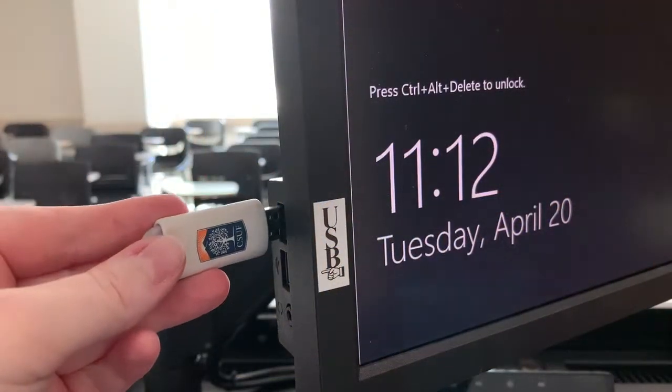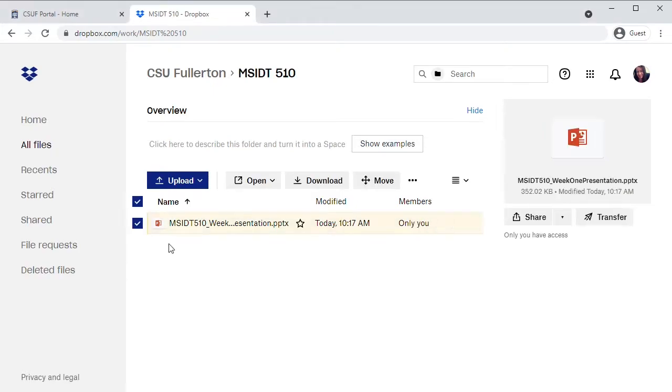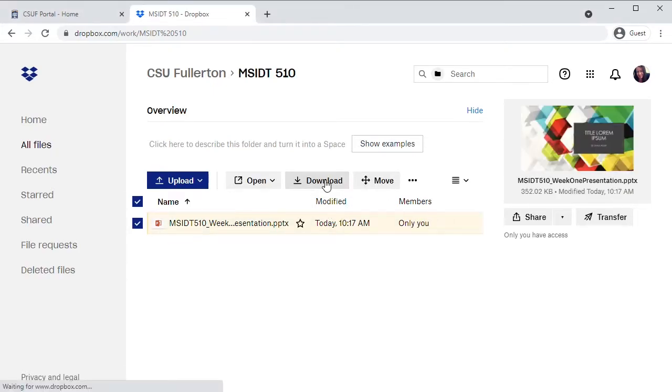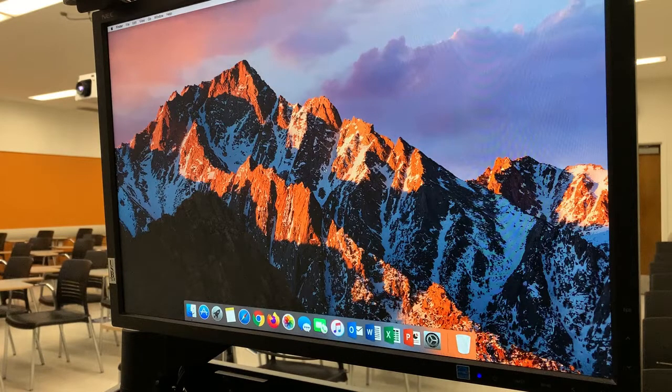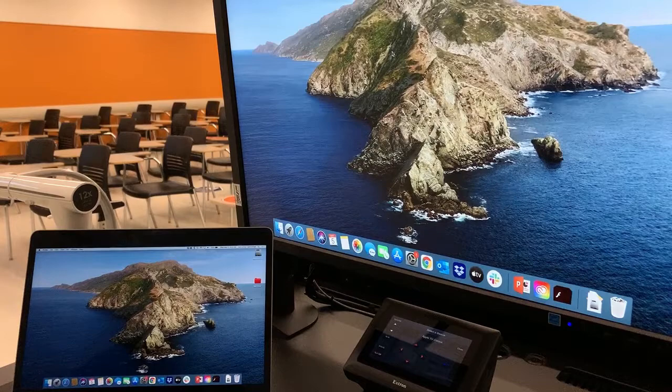However, you can temporarily move files from a flash drive or your CSUF Dropbox for Business account for the duration of your class. Find a link to information on how to obtain a CSUF Dropbox for Business account in the notes for this video. Also note that you do not have the ability to install apps on the instructor computer. You can contact the IT Help Desk to request that an app be installed, but not all requests can be accommodated. A better solution is to install the app on your laptop and then connect your laptop to the classroom system to display it. View the video on using your laptop with a classroom system for more details.